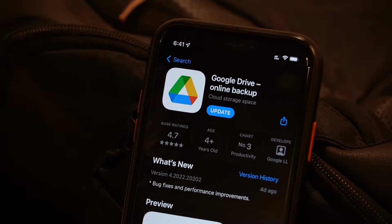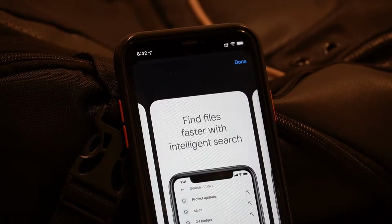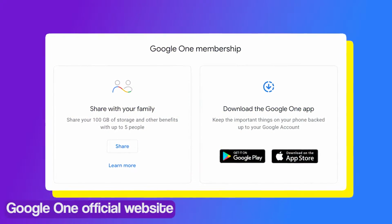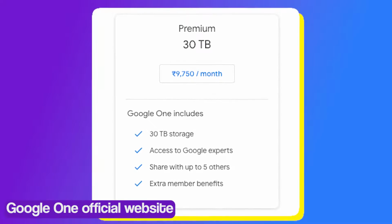Google Drive is one of the most popular cloud storage services in the world. When you sign up for a Google account, you get 15 GB of free cloud storage that you can use to store photos, videos, documents and much more. If you pay for a Google One subscription, you can further expand the storage from anywhere between 100 GB to